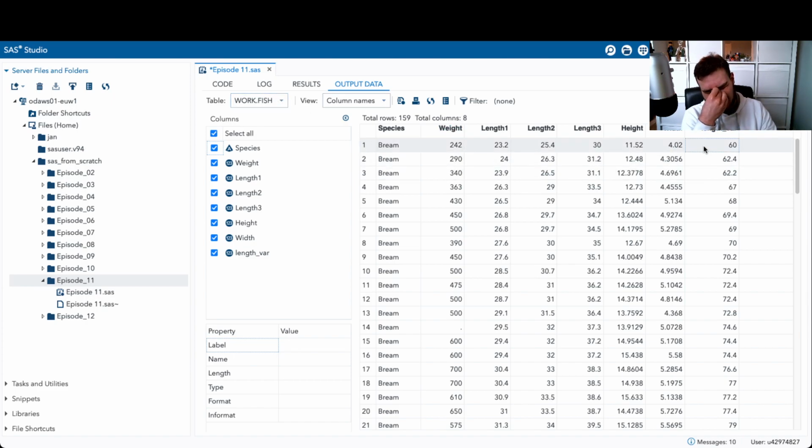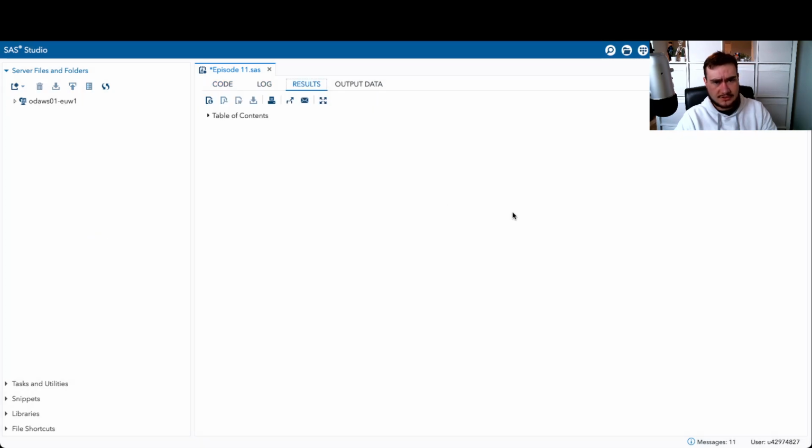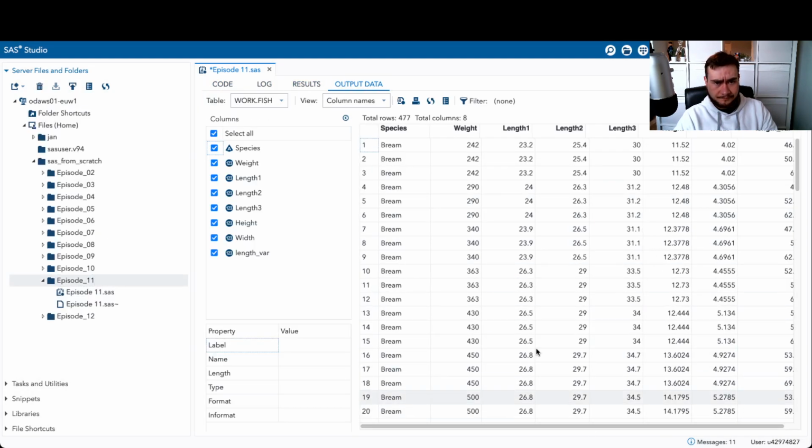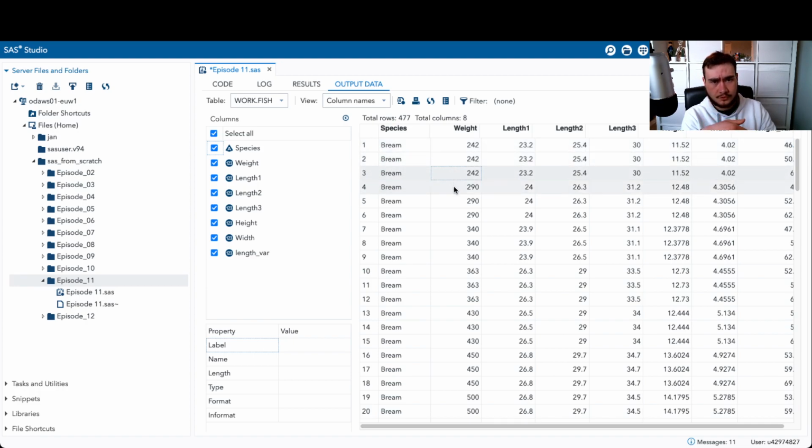okay, so that's not exactly what we want, because we keep replacing that value. So you would rather be doing this with an array. But at the end of the day, what is actually happening here, so we can put an output here just so you can tell that it does actually loop over that. So each of these rows have now basically been triplicated, so there's 242, 242, 242, 290, 290, 290, and so length 1